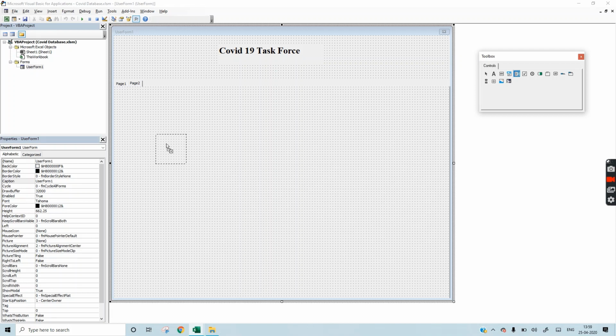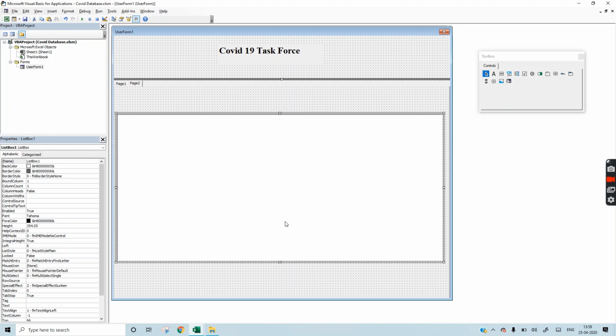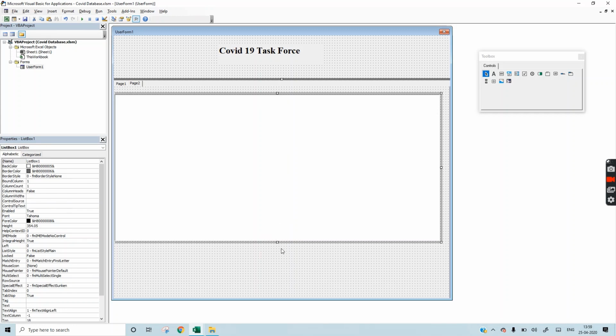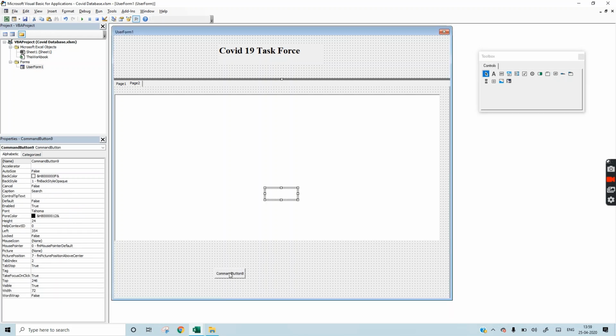We have to create a list box here. Two command buttons will be needed here, one for close and one for delete.